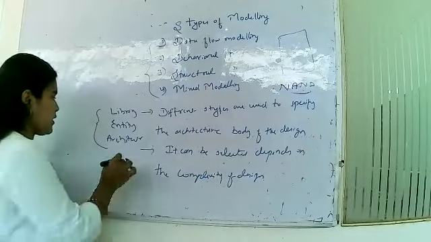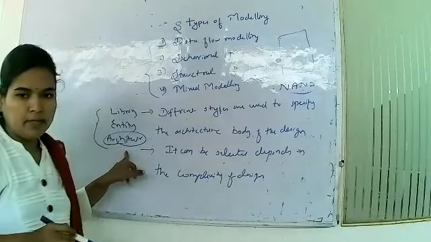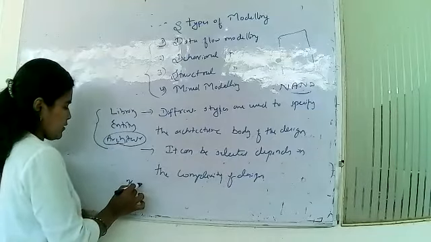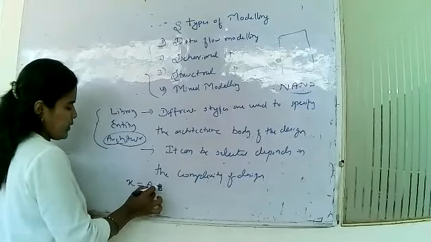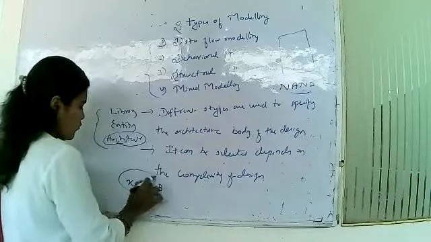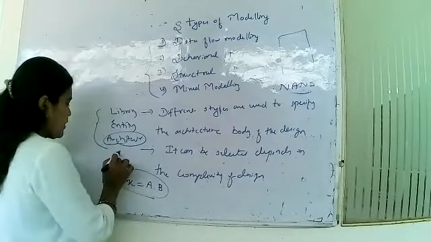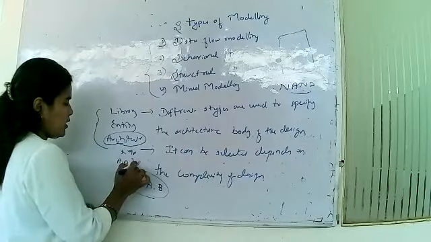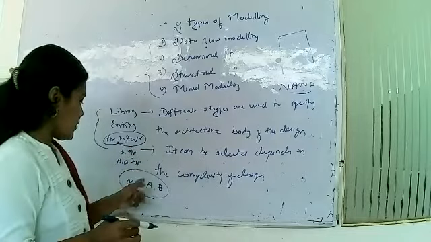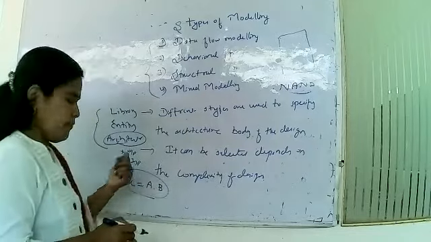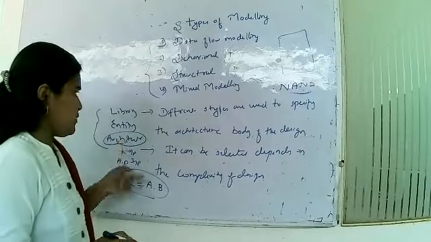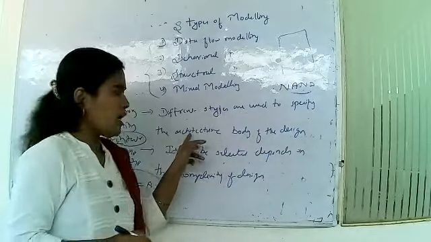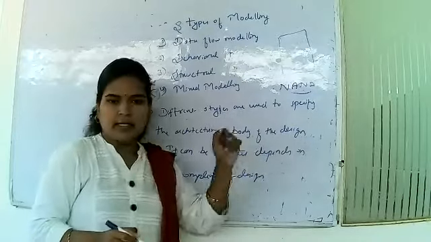In the architecture, it contains what? The design. Means how? If it is an AND gate, with A and B, for example, here X is the output and A and B are inputs. That is the entity. Simply I am telling, I am not using any syntax here, just explaining roughly. So, different styles are used to specify the architecture body of the design.